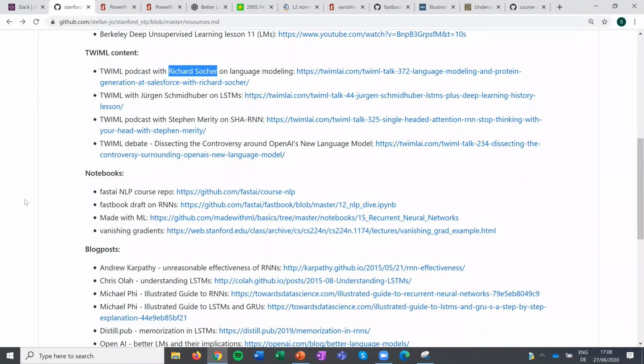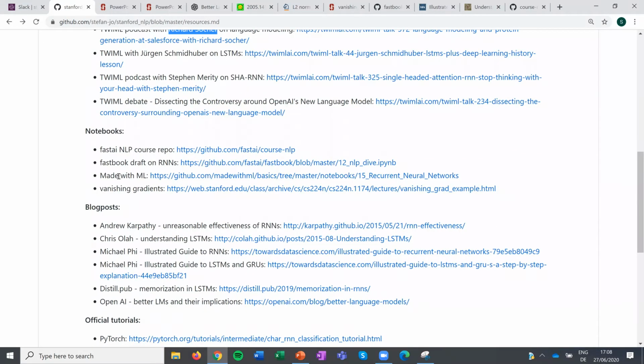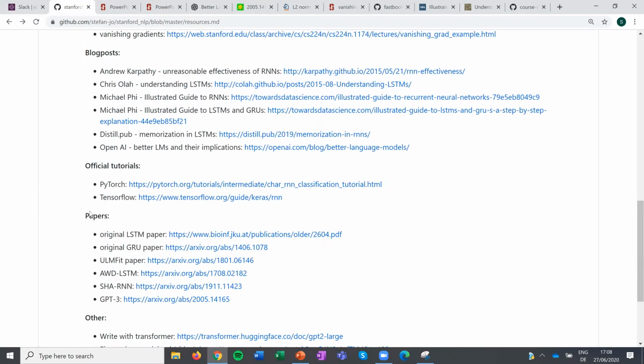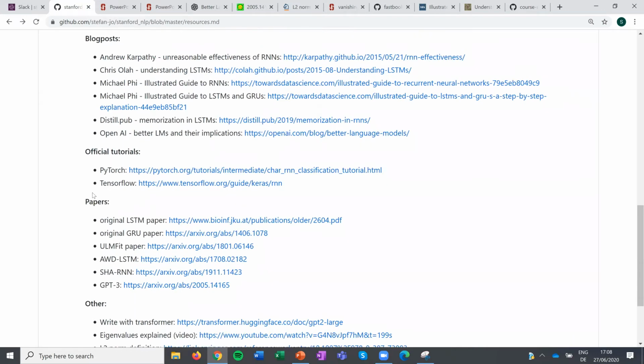With the notebooks, I think the fast.ai stuff is great, and I think many in the class or in the study group also went already through the fast.ai NLP course study group, so most of you will be aware of this. If not, check it out. And some blog posts, actually we will look into some of them today, so let's not go through that. Then there are also official PyTorch and TensorFlow tutorials